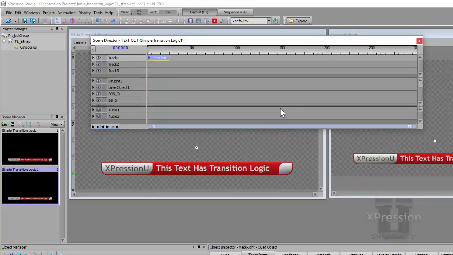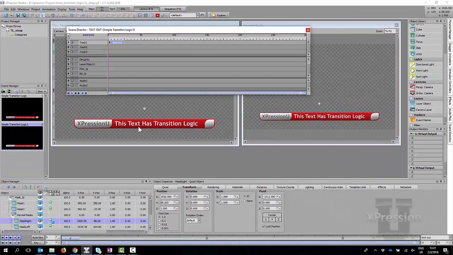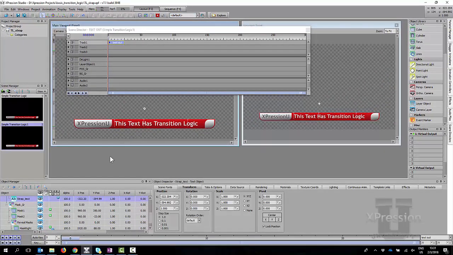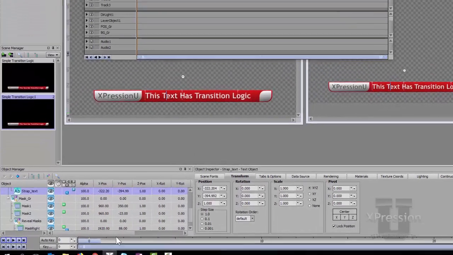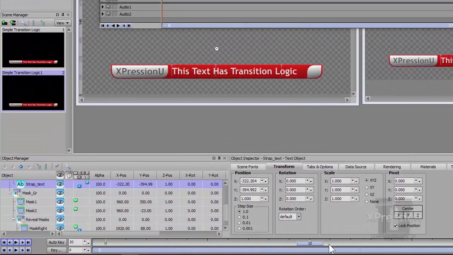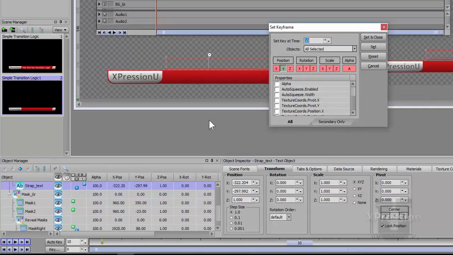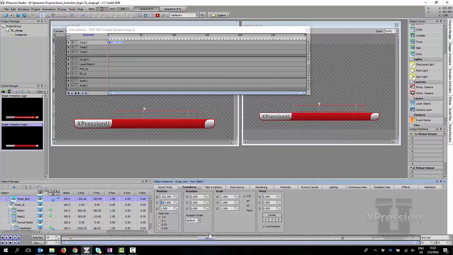And for this animation, I'm just going to move the text object here from its current position, so Control K, position Y, enter. Then I'm going to move to let's say 10 frames, and I'm going to move on Y this guy until it goes behind a mask I've created earlier on. You can see here I've got a number of masks. If you're unsure about how to make masks, you can see one of our other videos. And I'm going to do Control K again and enter. So now I have an animate out.